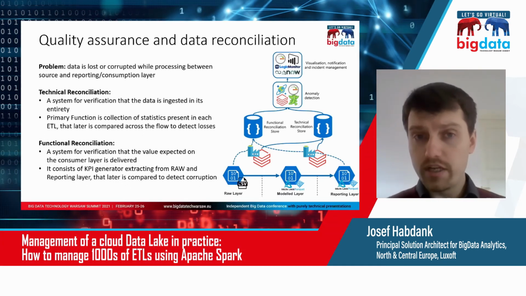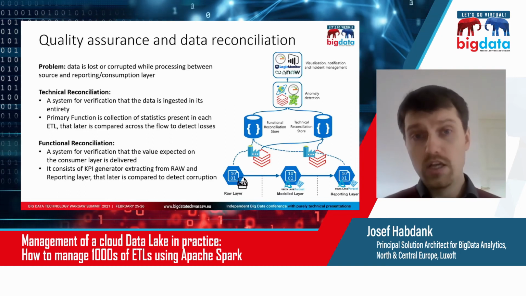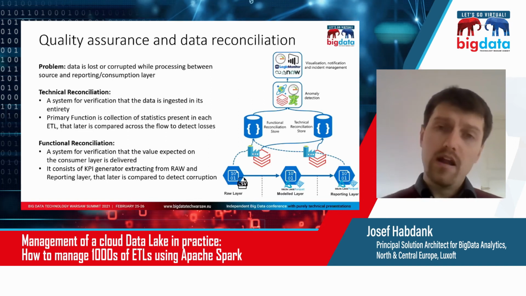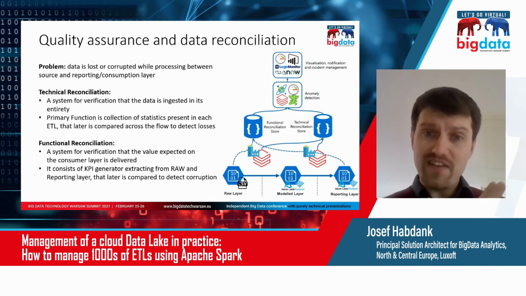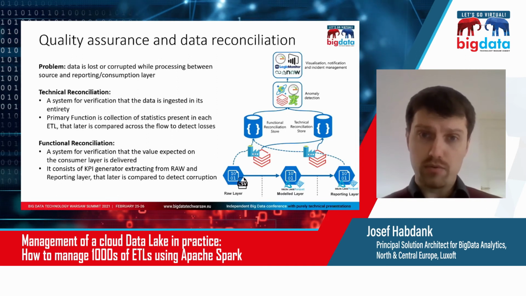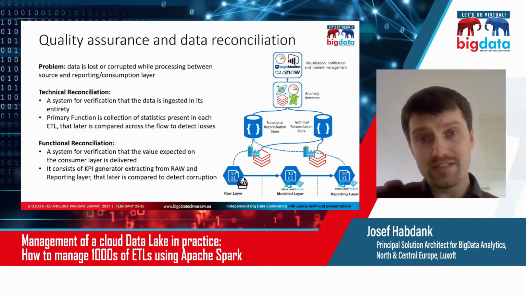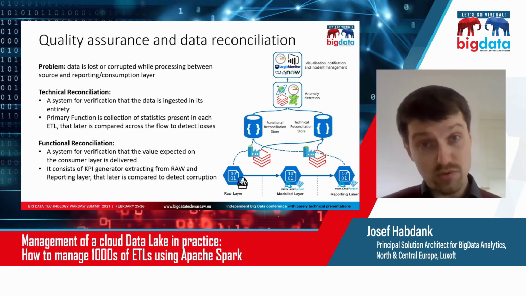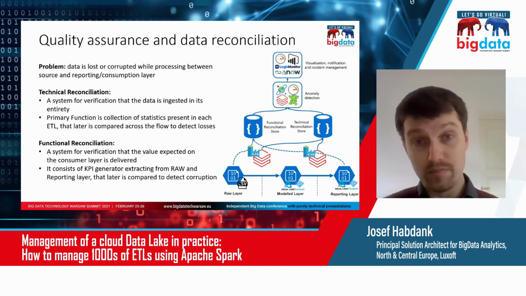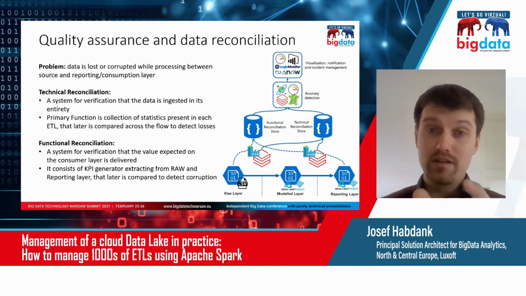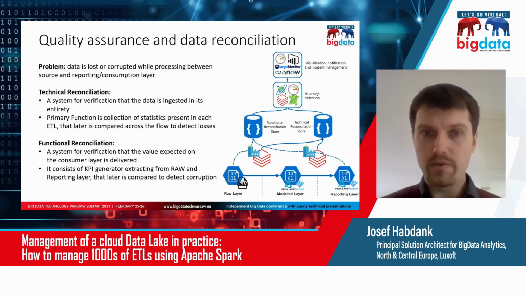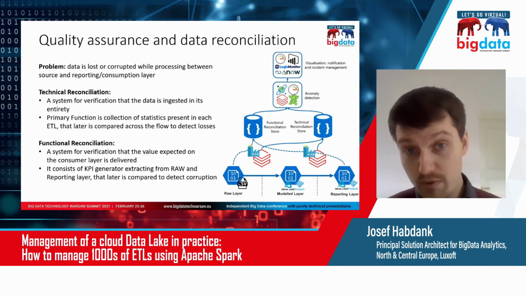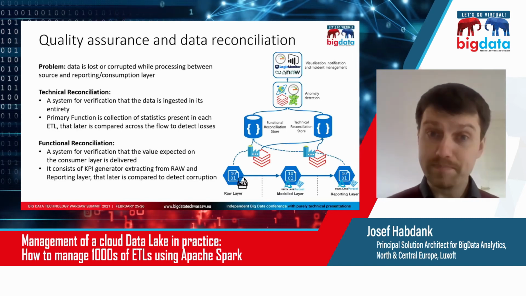Because it's a very early warning system, because you do it in each ETL. In Spark, we use accumulators, which are extremely efficient with row counts. You actually see very early if you lost some data, you can immediately react to it, right? You don't find out at the end when the reporting is already happening and somebody complains to you. You find out very early in the flow. Okay, 1,000 rows was on the first table, and then there's 999 in the next one. That means I lost one row. That means there's an issue. Right? So technical reconciliation just checks row counts as you go with the flow end to end.